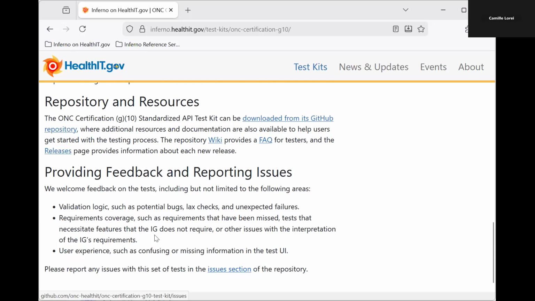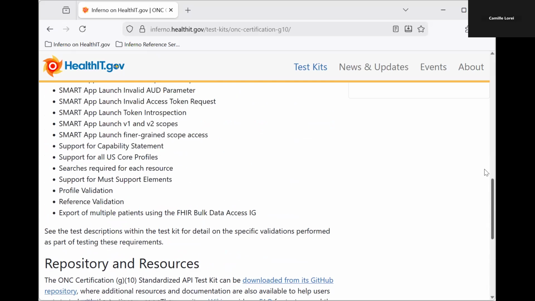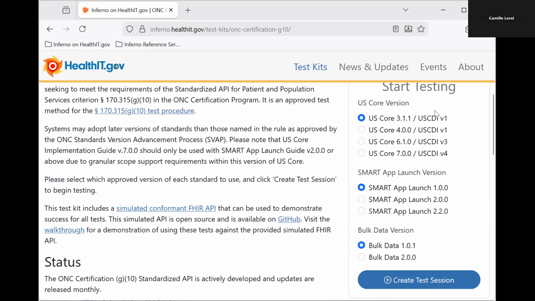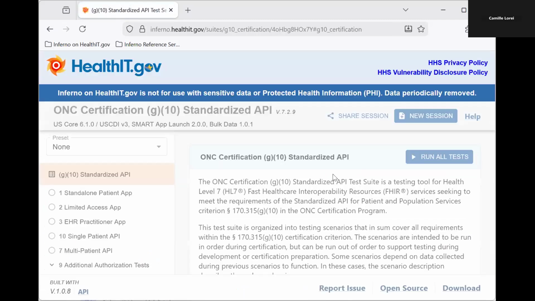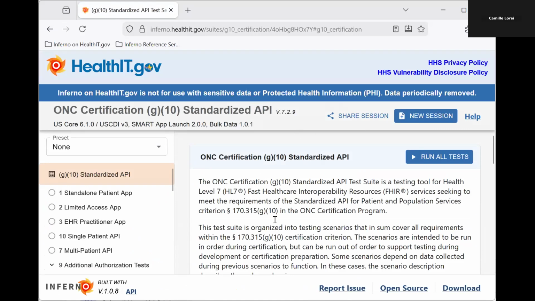Like if you have issues with the test kit, that can be reported through this link, which would take you to the GitHub repository where you could submit an issue. Additionally, on the right-hand side here are some of the testing options that are available. So specifically for our G10 test kit, there's different options that can be selected. And so those would be available for selection. And so then if we choose those options, we can create a test session and then go through the interface here